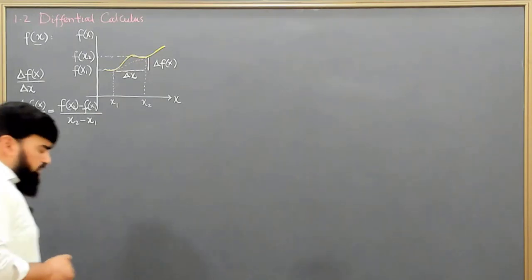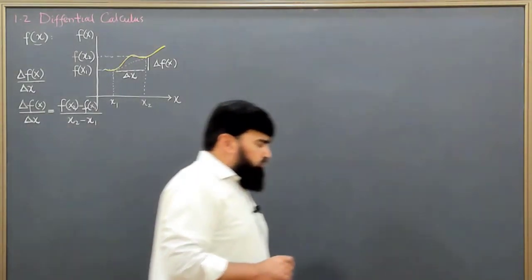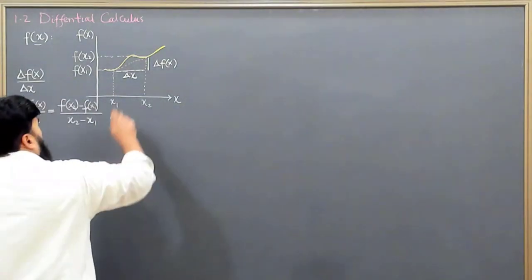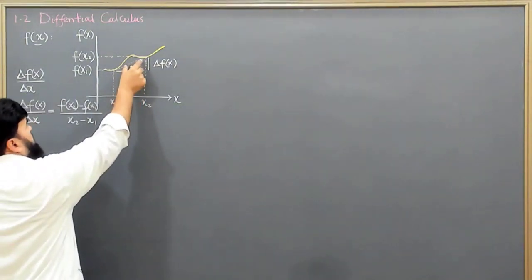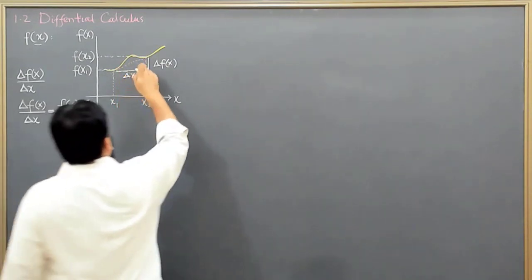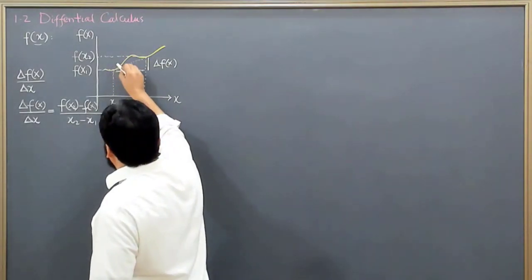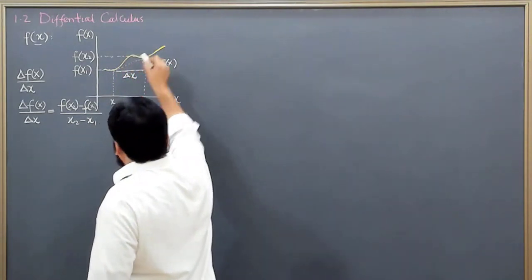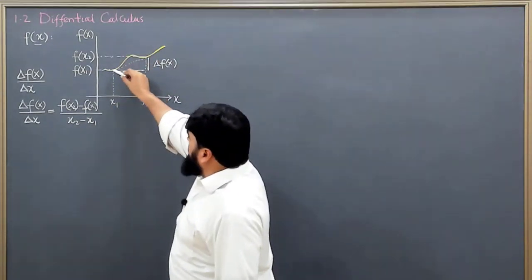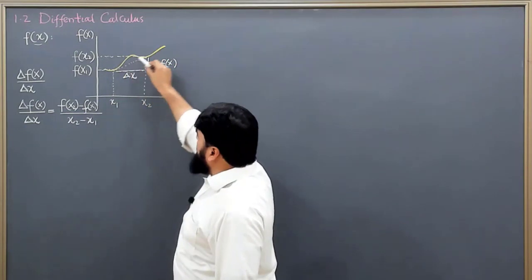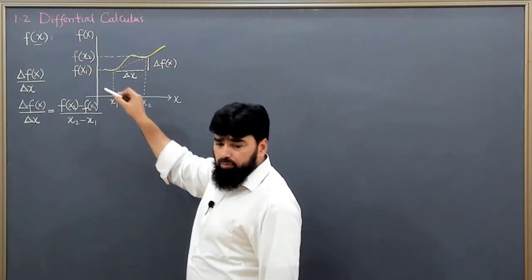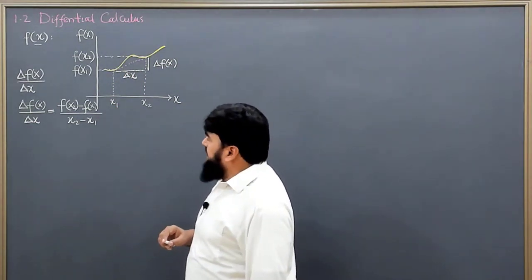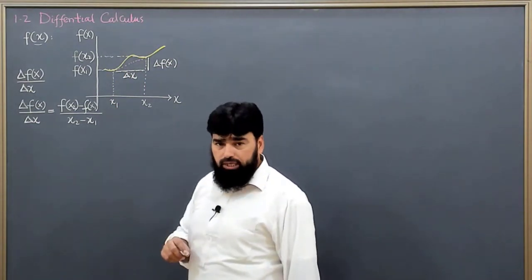Now if I look over here, this is a big change in this function, but my function is actually not changing like this. It skips the function. The function is changing this way, while this is just the change between these two points. So the change seems to be a straight line, but the function is not a straight line. It means I will have to reduce the step size.